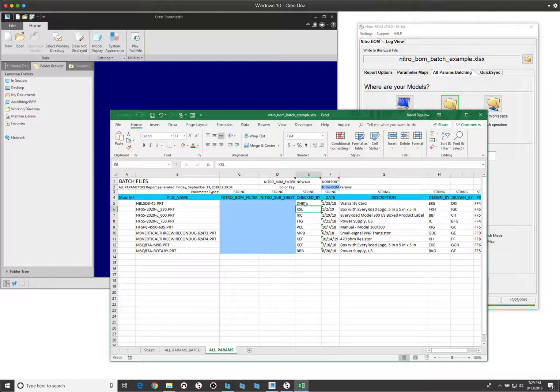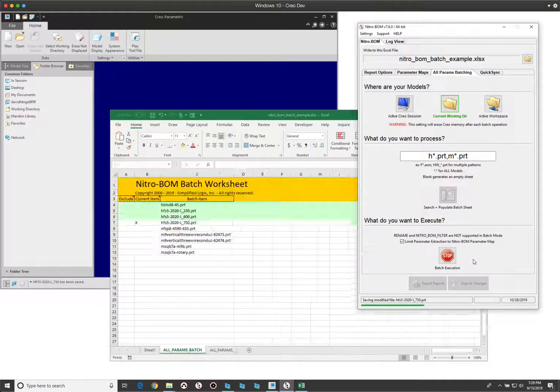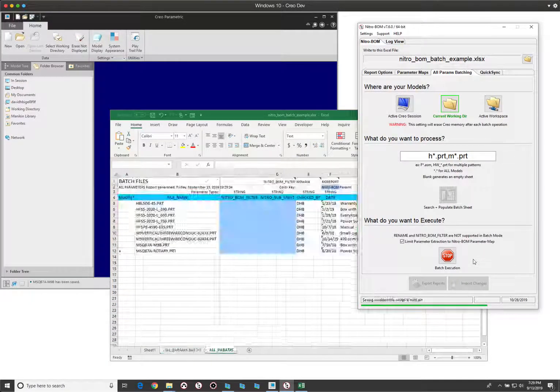So making a simple change to this data is just as simple as making a couple of modifications here. And then we'll just batch import these changes back in. So it's actually reloading each model into memory, making the updated necessary changes that we've asked it to, and saving